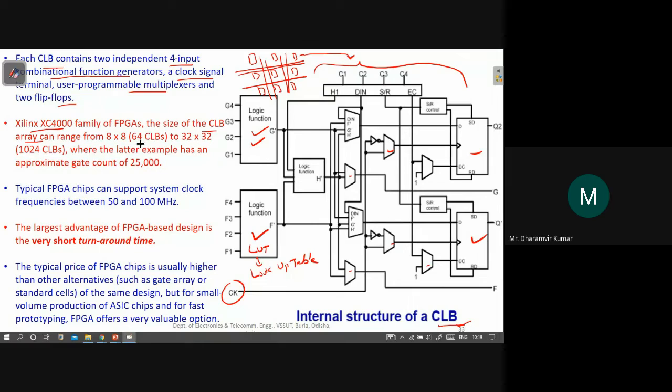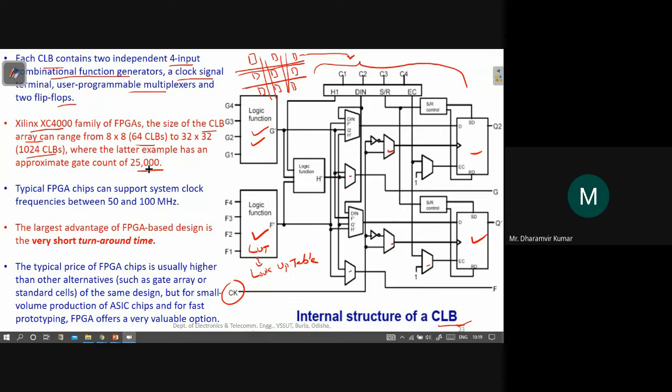It's just an example, an old family that is given in the book, which may contain anywhere between 64 CLBs and 1024 CLBs, where the latter example has an approximate gate count of 25,000.